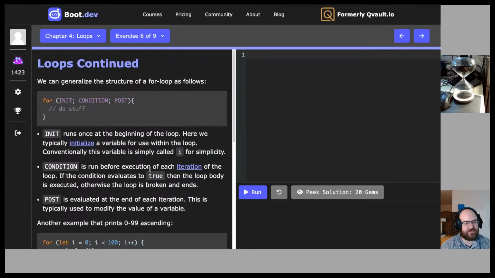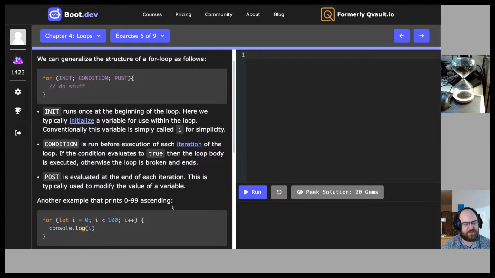Condition is run before each iteration of the loop. If the condition evaluates to true, then the loop body is executed. Otherwise, the loop is broken and ends. Post is evaluated at the end of each iteration. This is typically used to modify the value of a variable. Another example that prints 0 through 99 ascending: for (let i = 0; i < 100; i++) { console.log(i) }